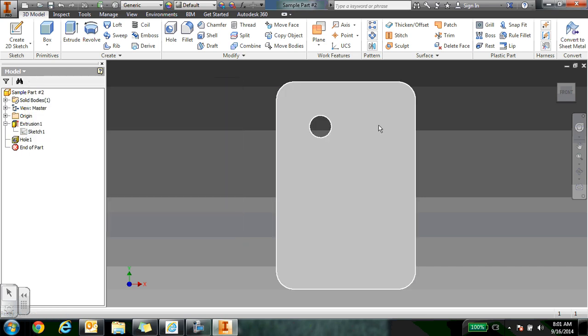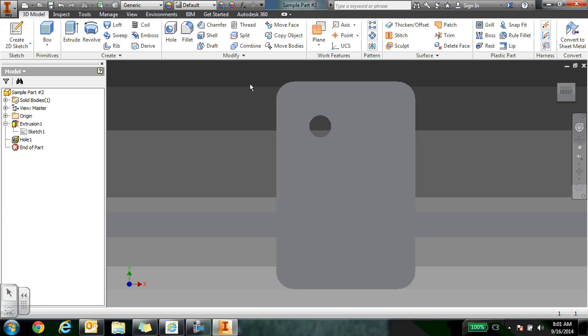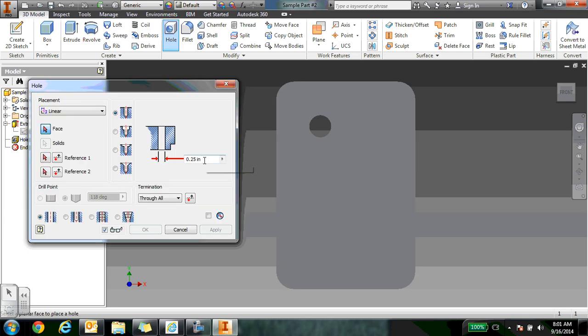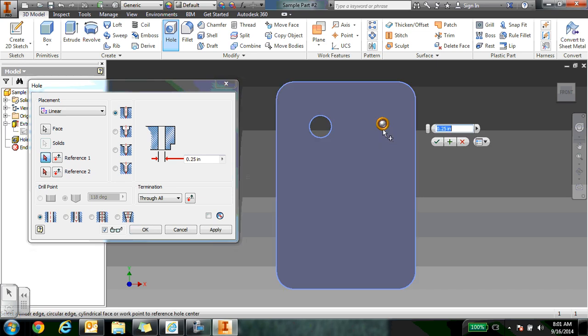Let's add another hole on this side to kind of duplicate that hole. So I'm going to click on my hole tool. I'm going to kind of place my hole where I think it should go. I'm going to change the diameter. Instead of 0.25, I'm going to make it 0.5. Notice how my diameter also changes over here, so you can change it in either place. The green check will